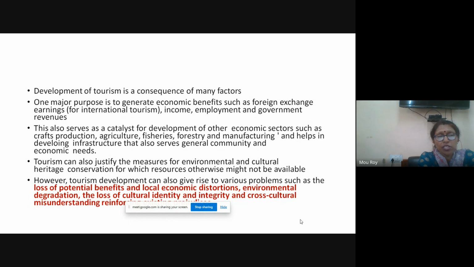But what happens? There are a lot of tourists coming to the destinations, and what are the tourists doing? They are not using the local boats. They are using boats where motors are fitted. When these motors are fitted in the boats, they create noise. So it will result in noise pollution. When aquatic animals or birds hear the noise, they'll obviously try to stay away from those places. So you will never find the dolphins there now.